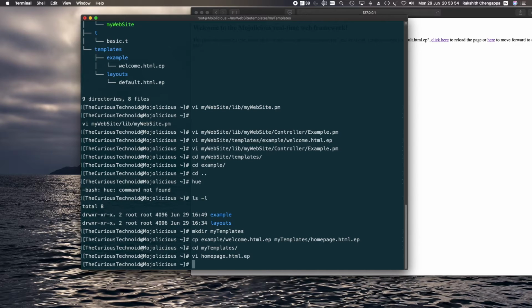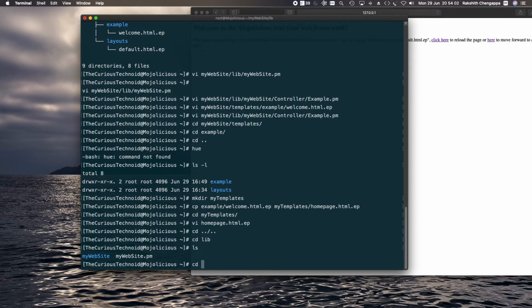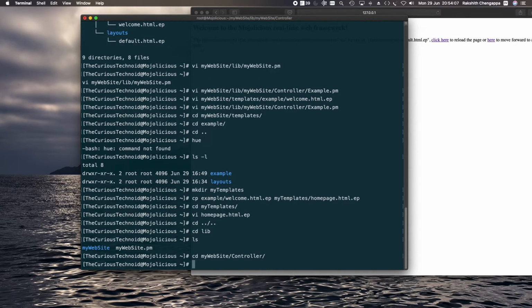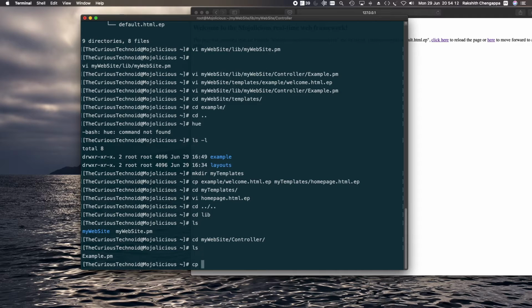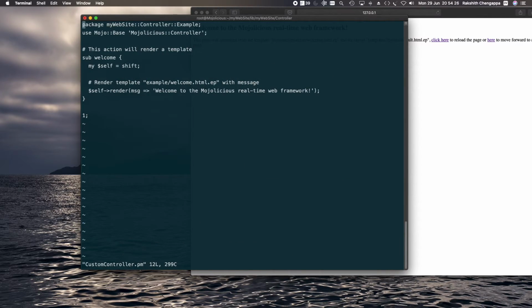Then we will go to the controller. Create a copy of the existing controller. Open the newly created controller. Change this. Instead of letting Mojolicious decide what template to display based on the subroutine and the controller name, I like to explicitly give the template name.